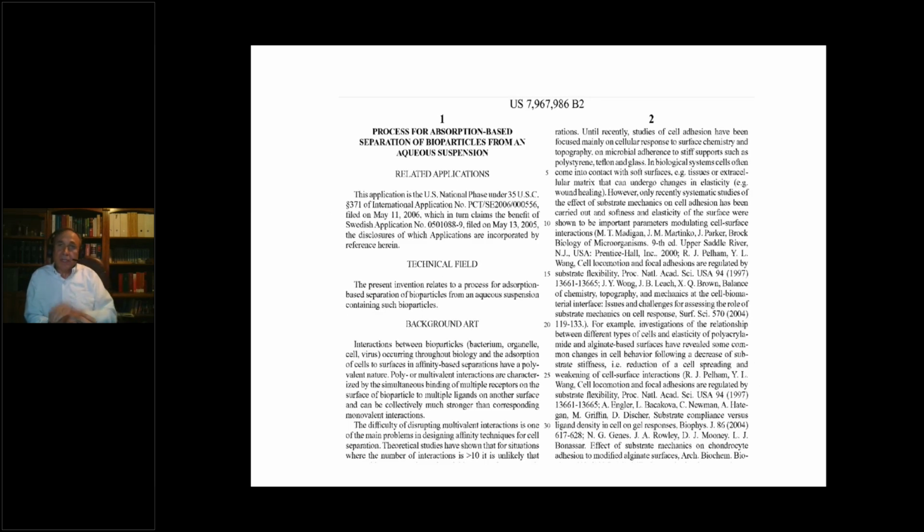So now we see, looking at the patent itself, the issued patent, that it has the number at the top and it has the title at the top of the one column. US patents are broken into two columns like this, and the lines are all numbered. And here we see that there's a section about the related applications that talks about the history of the application, which is of interest to a patent agent or a patent attorney. And then we have the technical field, and then we have a section called the background art. So this is a little different from what we talked about last week, but why be normal?